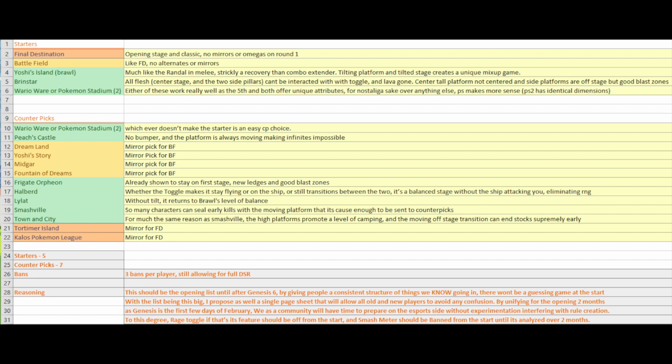You no longer can destroy the flesh from both sides, as well as the kind of donut-shaped things, as I like to call them, that are in the center. In addition, no more lava. While there is quite a bit of a drop, a lower floor, we're not really opposed to having stuff like that, as Fountain of Dreams and Melee had a